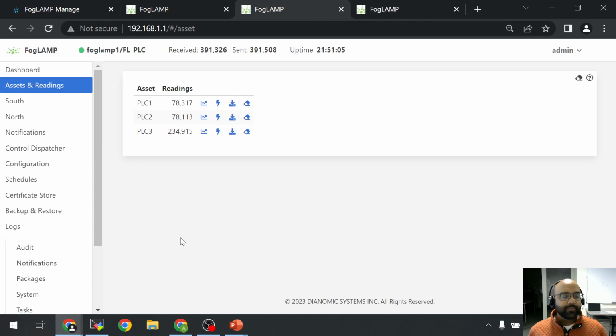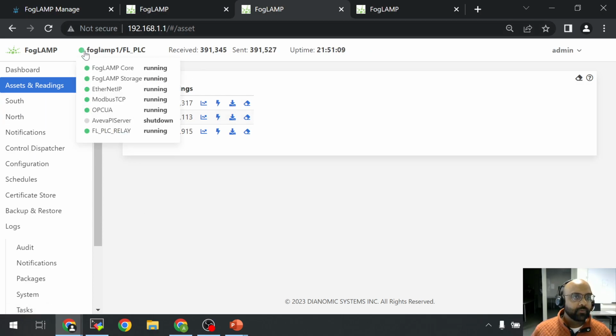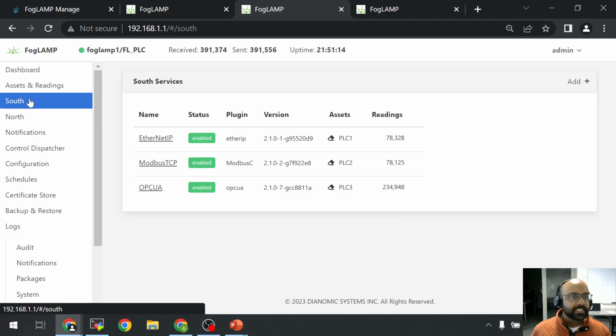This is the FogLAMP that serves to connect to the three PLCs. We're looking at the FogLAMP GUI right now, which is pretty reflective of the FogLAMP architecture. You can see here that south of FogLAMP are the three connections that we have to the PLCs: one to the Ethernet IP-based PLC using the Ethernet IP plugin, a Modbus-based PLC using the Modbus plugin, and an OPC-UA PLC using the OPC-UA